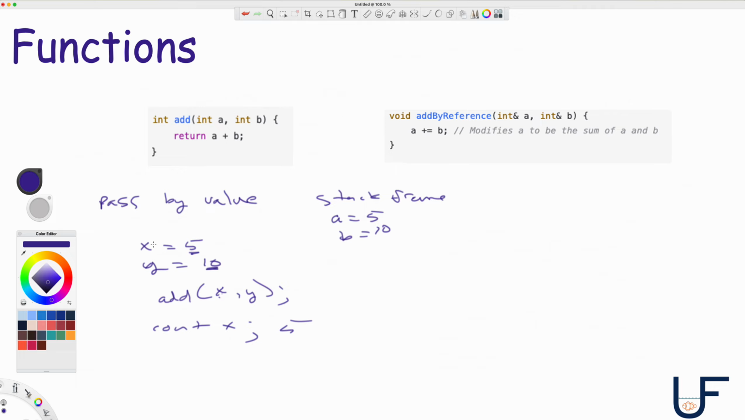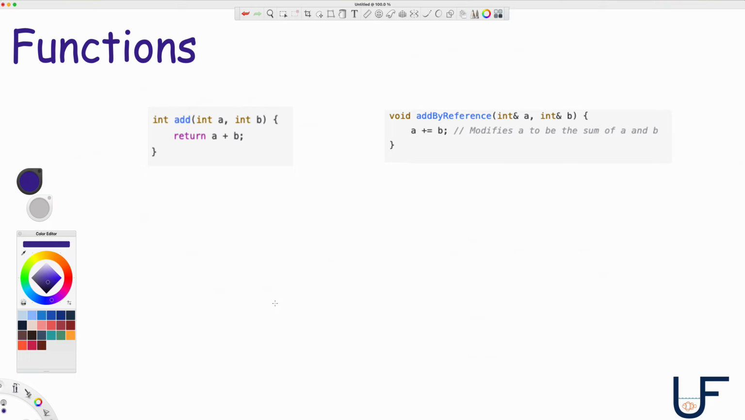But x itself, it wasn't really touched, right? So this is the default way that you typically will interact with functions, and this is pass by value, all right? Hope that makes sense. Let's go look at now what a pass by reference would look like. So that's pass by value. All right, now, pass by reference